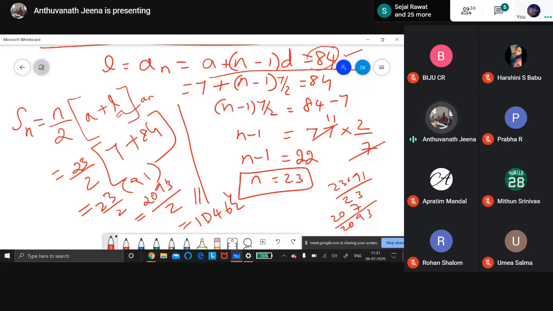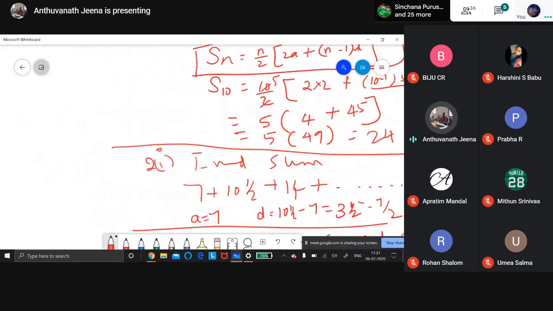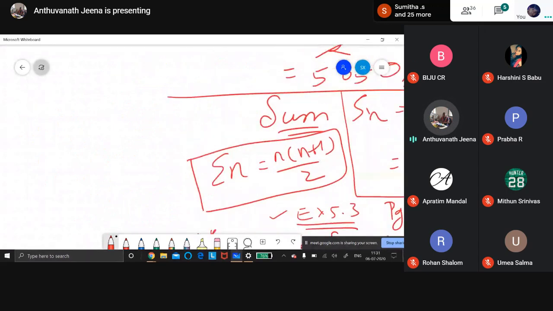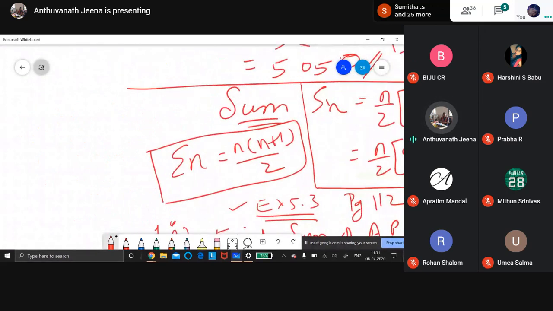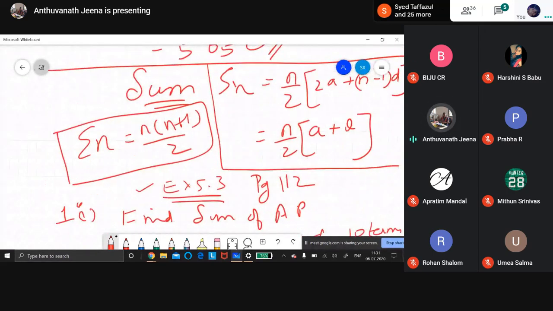That is the sum of all the terms of the AP. Okay, if you do it correctly, you will get the answer. Both the formulas you can use, children. 3 formulas today we have learned. What are the 3 formulas? Sn is equal to n by 2 into 2a plus n minus 1 into d. N by 2, a plus l. A plus l is nothing but an. L is nothing but an. An is given, straight away use this formula. Then this is Gauss formula, sigma, sum of all the positive integers.